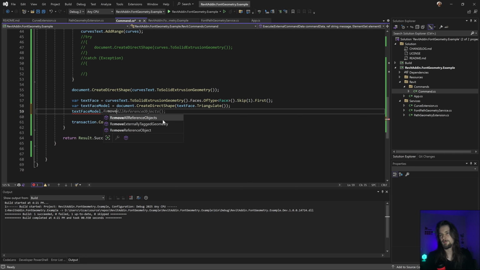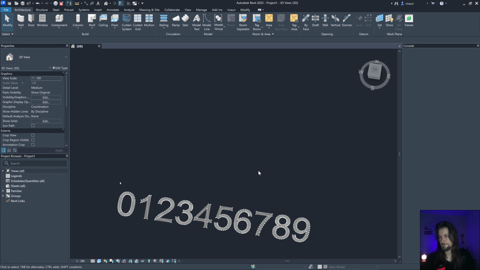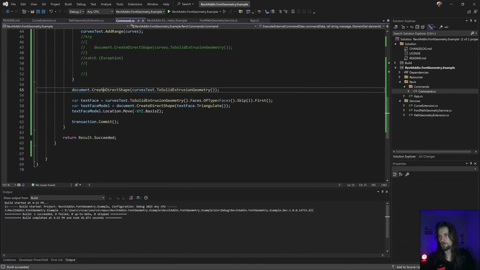You sure can move this location. Move YZ, negative Z. Yeah, that's kind of working. And I could ignore this one because I don't need that actually. Only that face. Let's move in front.